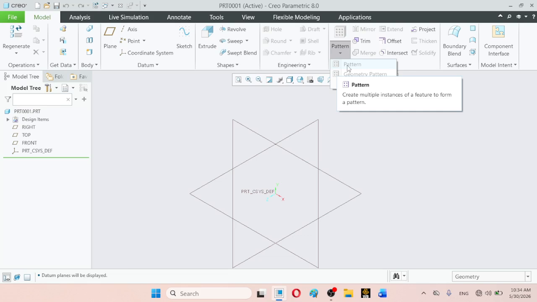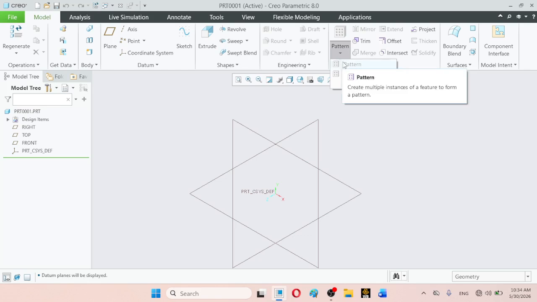demonstration of the pattern command, because, as we are familiar, there are two types of patterns. Pattern here means just like the array command in AutoCAD. In arrays, different objects are arranged in rows and columns.